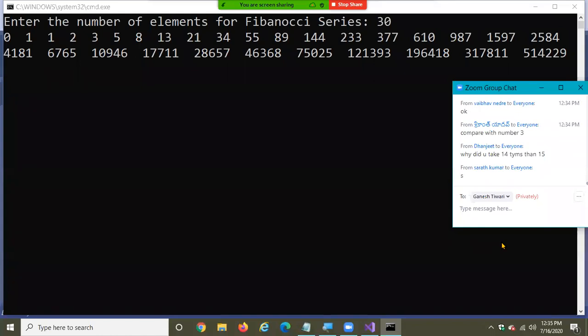Suppose after 15 comes 370, then 610, and stop.